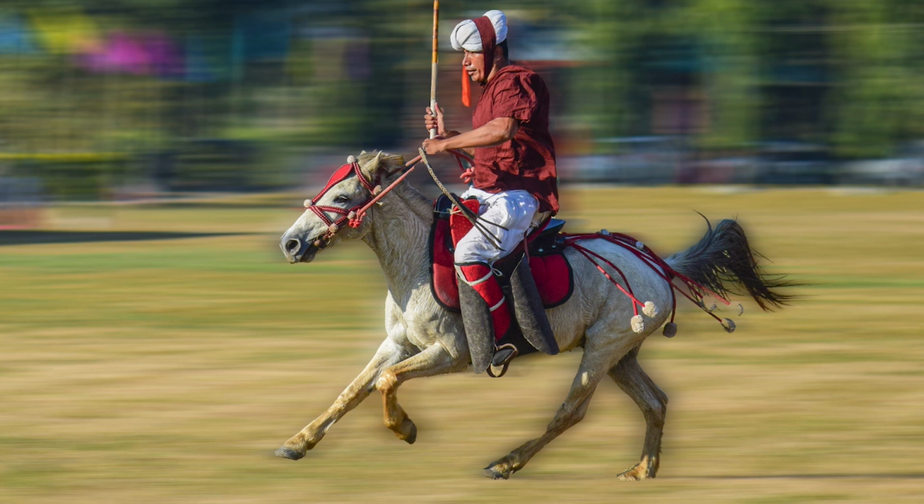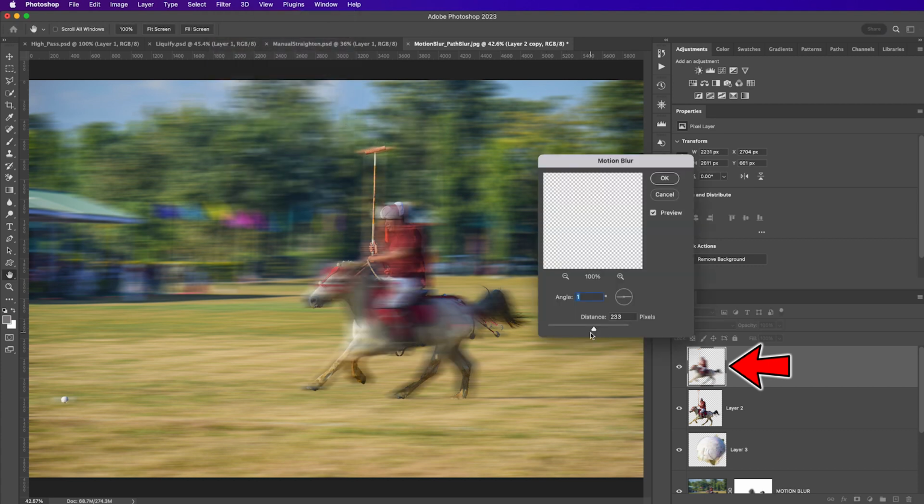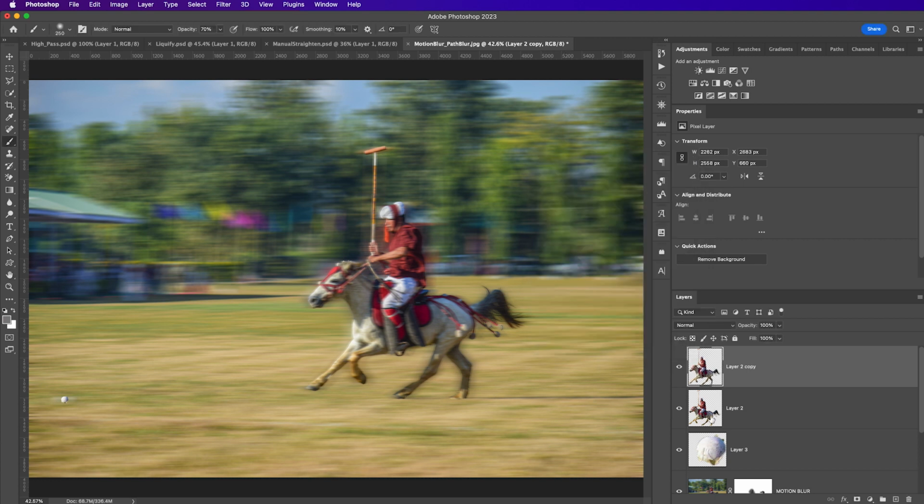Okay, now what? Right now it looks a touch fake, right? Because there's no way that guy would be that perfect. So I'm going to hit Command or Control J, go back up to Filter, go to Blur, Motion Blur. See, now I'm just going to blur him, but not so much, just a touch. Just so he's not razor sharp, which wouldn't happen typically in a pan, especially with the up and down moving